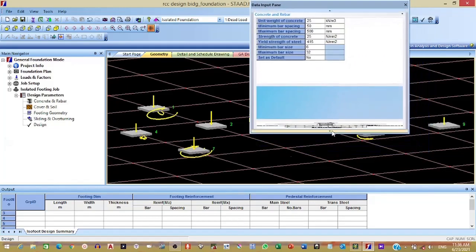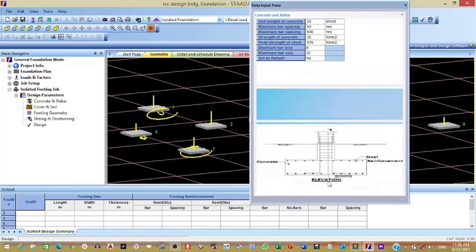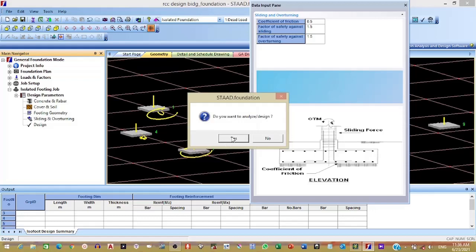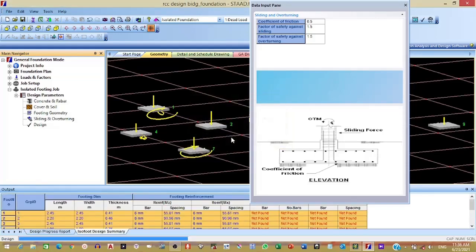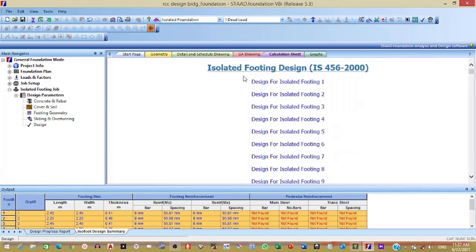Then footing geometry, sliding and overturning, everything. Here you will get the section of the foundation also. You will see. So software will generate everything. Then click on design.